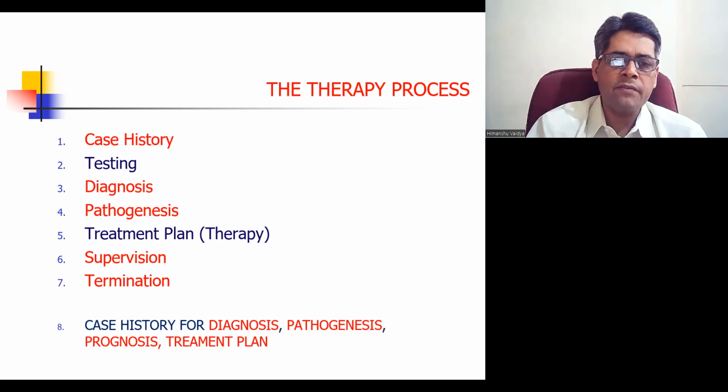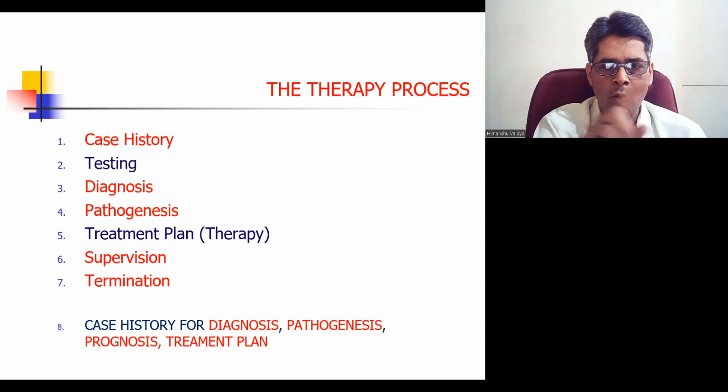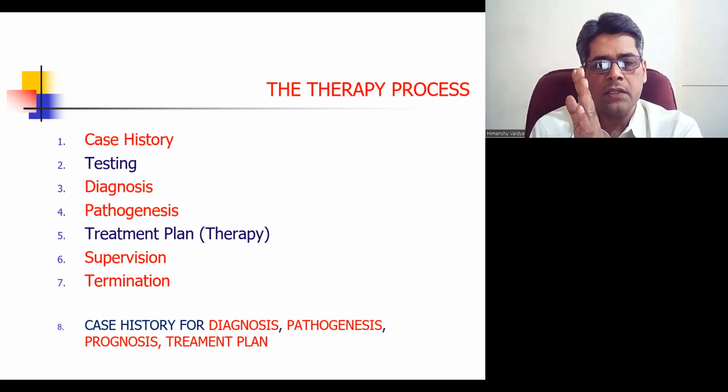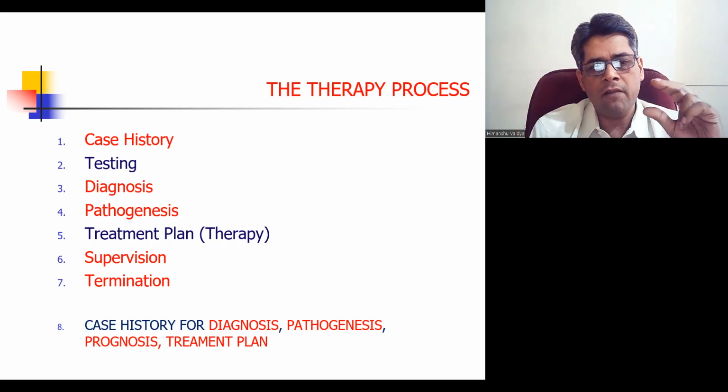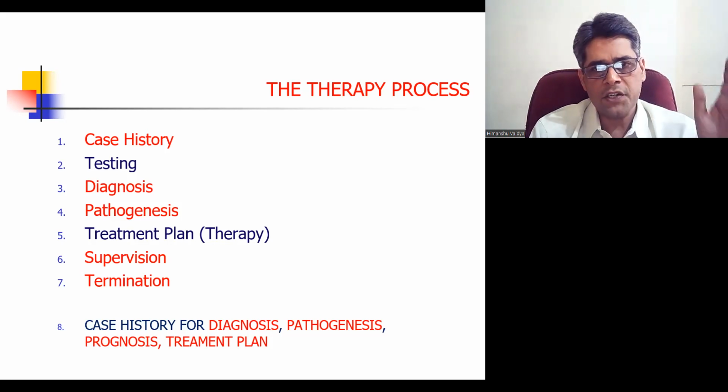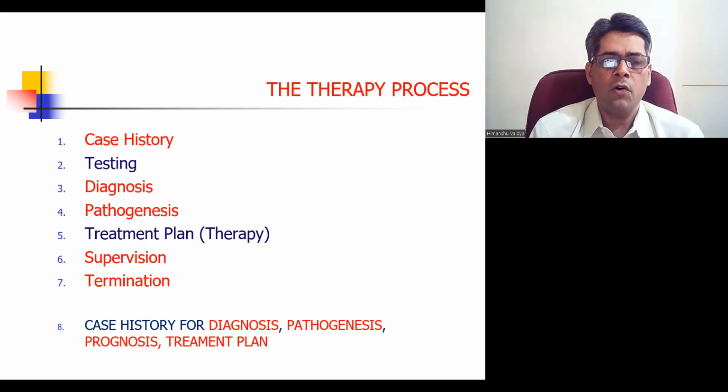For each of the 7 points, we have one small session and one session overview, which we are doing right now. Once we start therapy and a few sessions are complete, we take transcript of any one session to the supervisor and discuss with him how to reduce our mistakes and how to do better job in therapy. And once the patient starts feeling well, symptoms cease or substantially reduced, and the patient feels good enough, people around the patient feel good enough, we also feel good enough that the patient has substantially healed, we go for termination